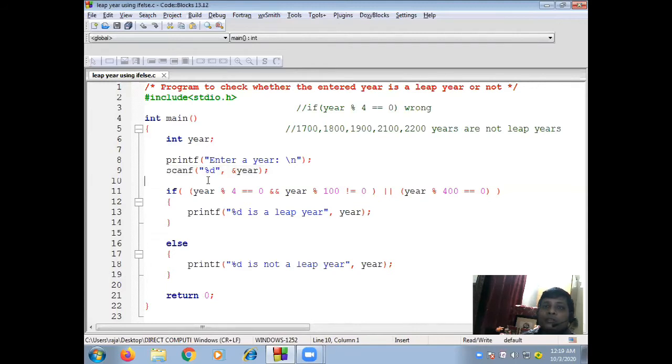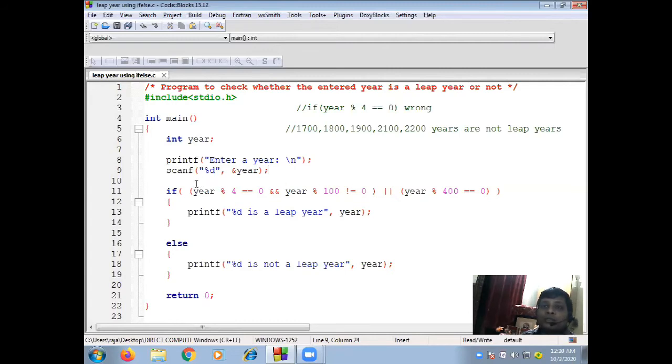After this, just see, this is the actual condition to find whether a year is a leap year or not. What is this condition? If year modulo 4 equal to 0, that means the year is completely divisible by 4, and year modulo 100 not equal to 0, that means if the year is divisible by 4, it should not be divisible by 100.